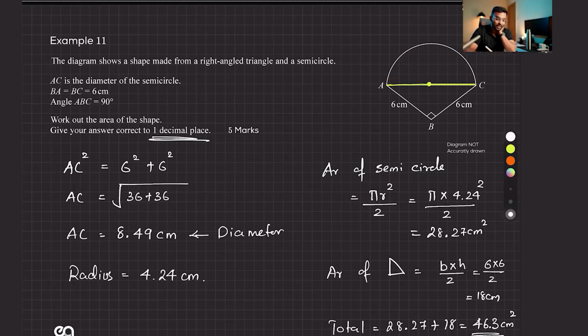Base times height is, when you have a right angle triangle, so we say this is the base and this is the height. So that's the formula again. You need that formula with you. So here, this could be the base, that could be the height, or the other way around. It doesn't matter. So how confident are you guys generally feeling with Pythagoras, the use of Pythagoras?